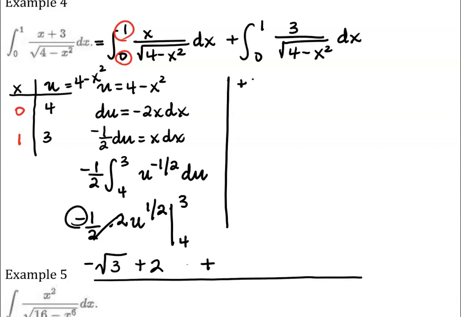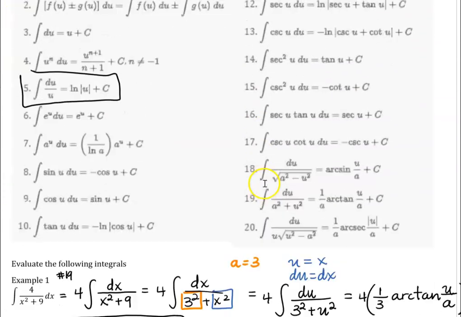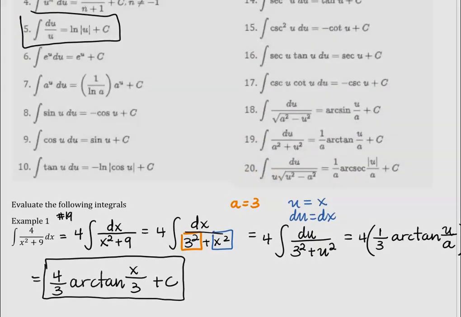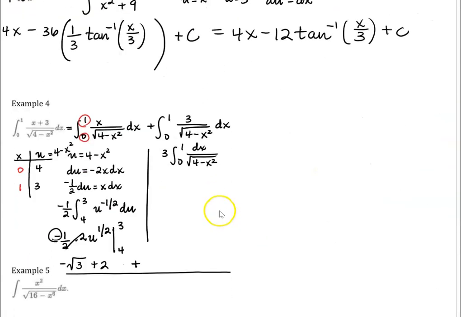So I'm going to go ahead and just pull the 3 out of this integral to just leave me with dx over the square root of 4 minus x squared. One thing that will tell us that we can't do u sub is if we were to let u equal 4 minus x squared, then we would not have an x in the top that would show up in our du. So what I mean by that,